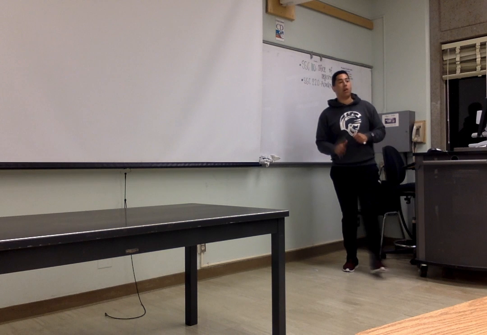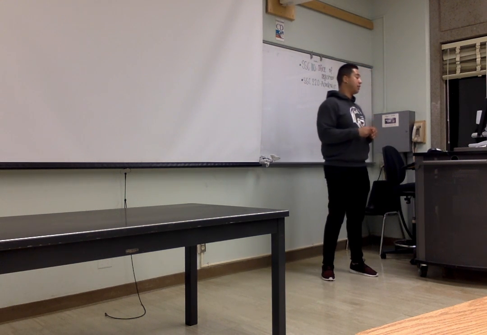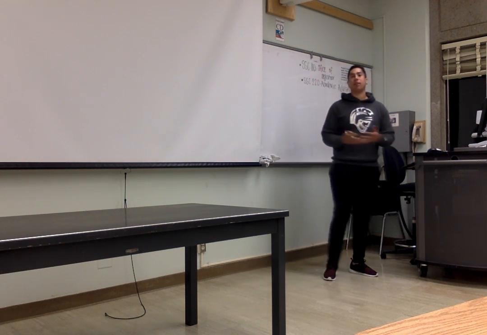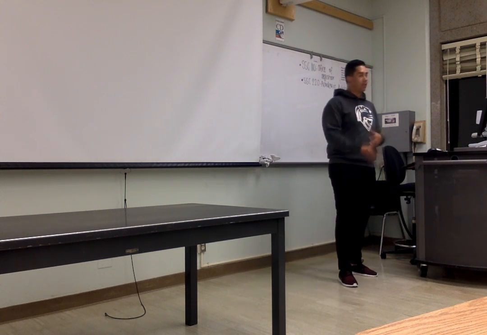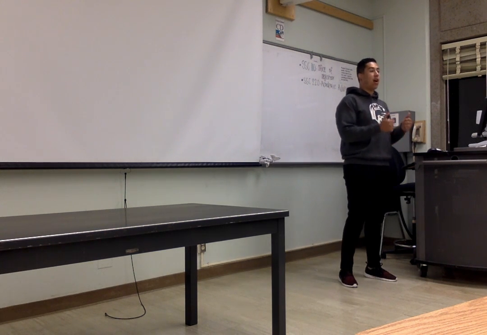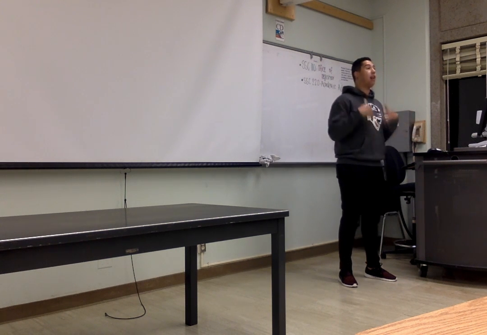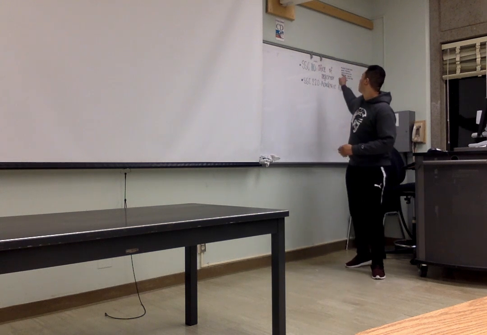Anytime you fall below a 2.0, you are placed on academic probation. Academic probation is not a bad thing. Don't think of it as like, oh my God, I'm going to get kicked out of the university. No, it's basically when you're driving a car and that light comes on, it's warning you something's wrong, adjust it. Where do we adjust it? Academic advising.